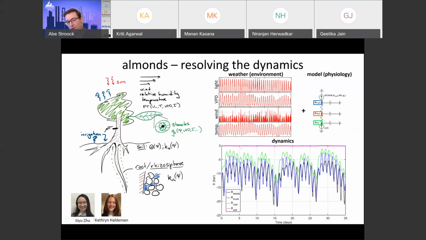And one of the important insights here is that we see the prediction for the variation of stress within the bulks of the soil. And this is where many people are tempted to try to track the status of water in a plant system. And what you see is there's almost no dynamics in the soil, even as the top of the plant goes through huge variations on a daily and weekly basis.